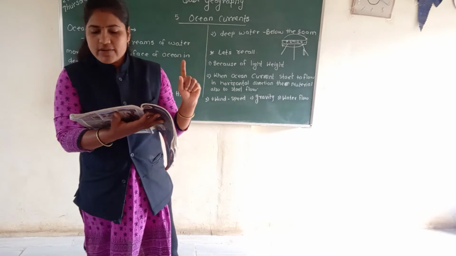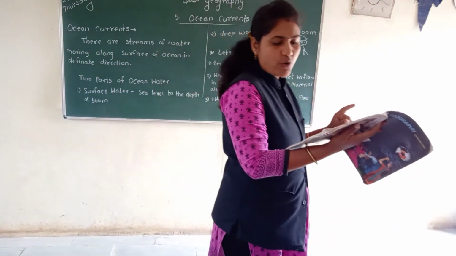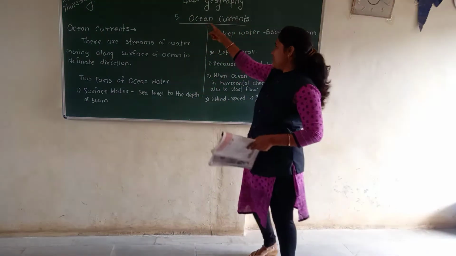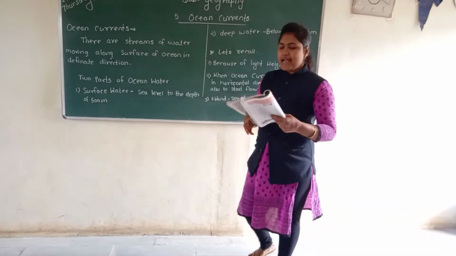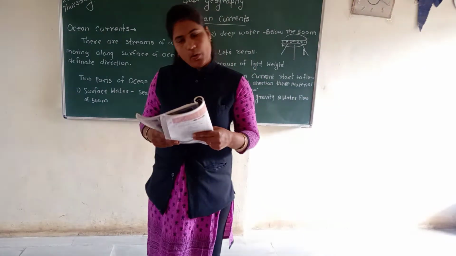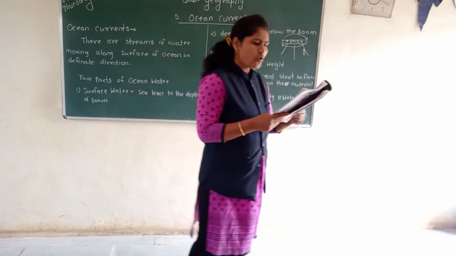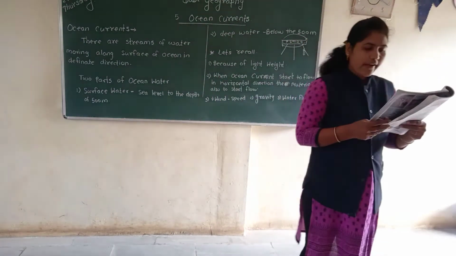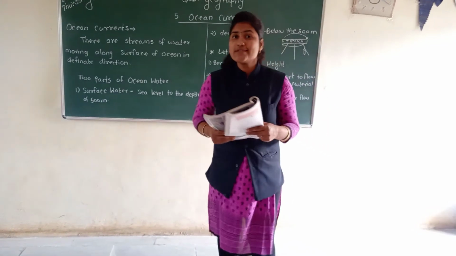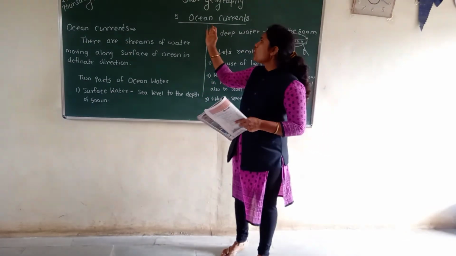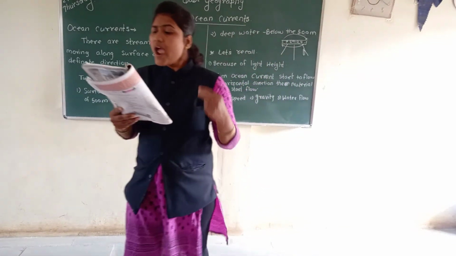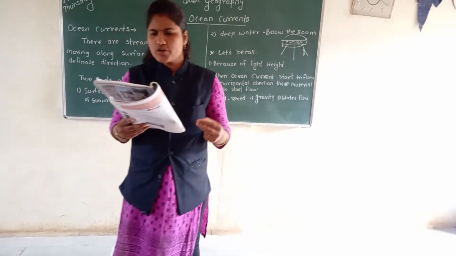Now the next question is, where can such a process take place on the earth's surface? Yes, in the ocean, such a process takes place in the ocean. What are those processes and why do they happen? Okay, what is this process, students? That process is our ocean currents. And why do they happen? Okay, students, now see the answer.